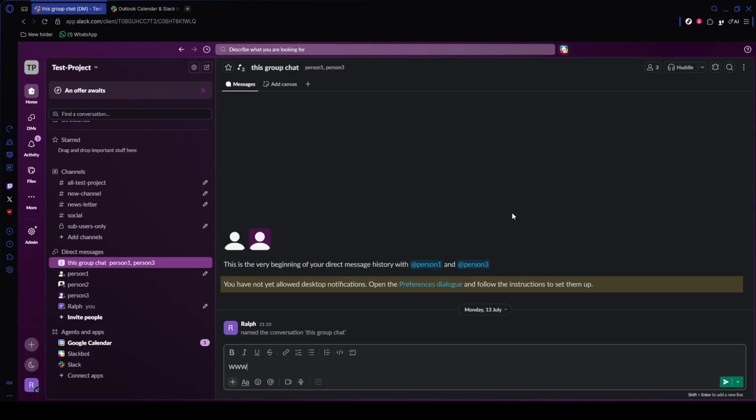Finally, head back to Slack and open the channel you just linked. Click into the message box, type the slash command to retrieve